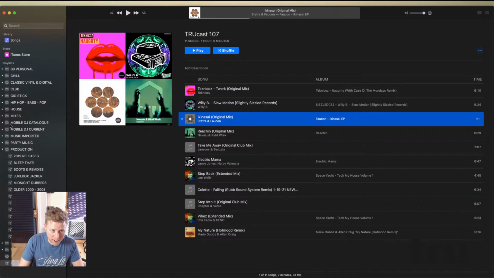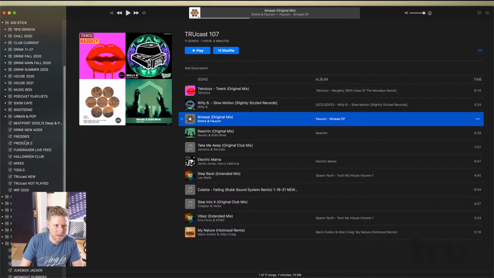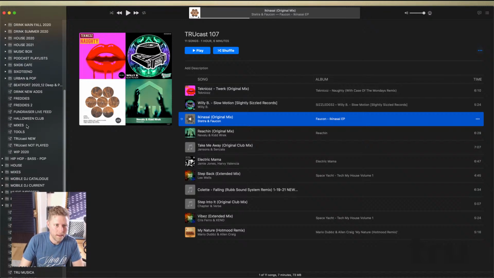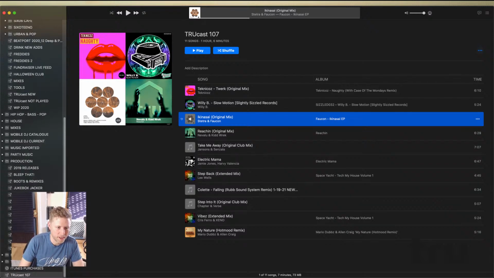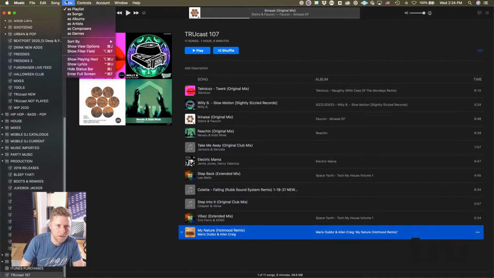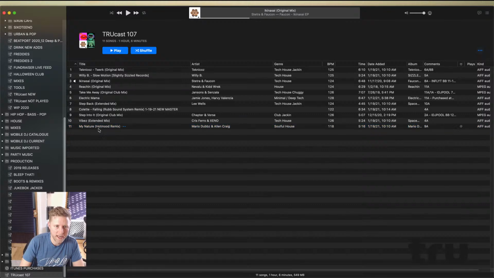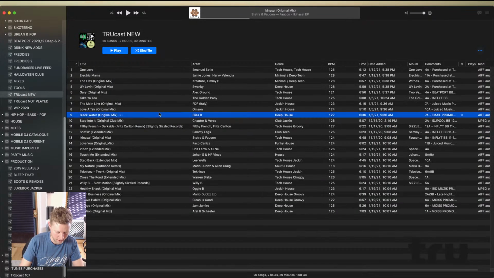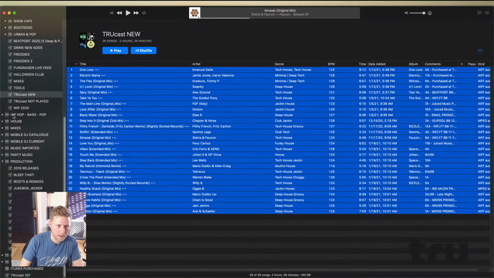Now what I do with this playlist, this is really cool. I go back into the playlist that I played from. So here the last record is My Nature, right? And I'm going to change this view just to make it easier. So My Nature is number 11. So if I go into the folders that I played and highlight everything,